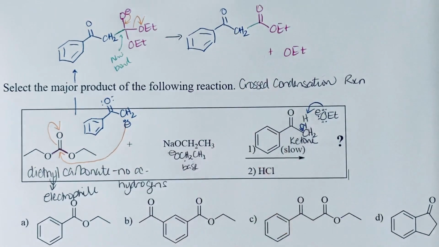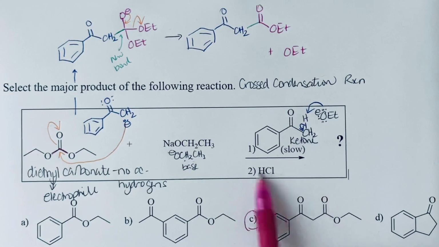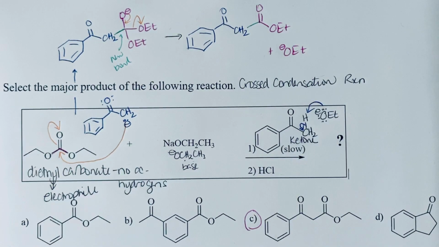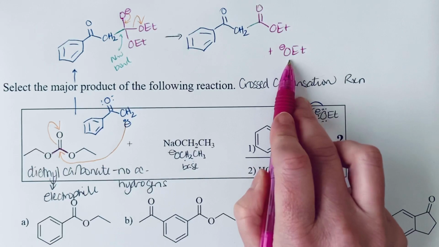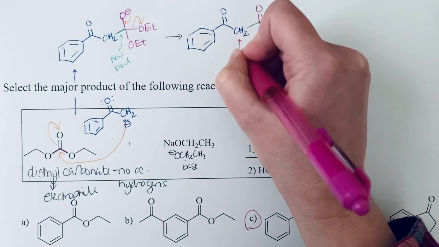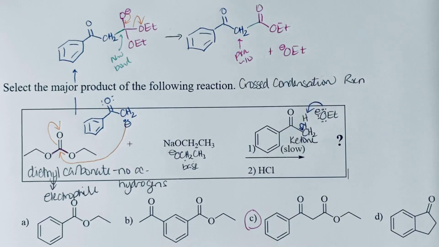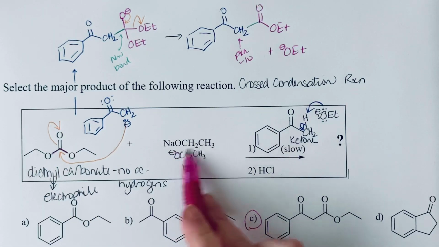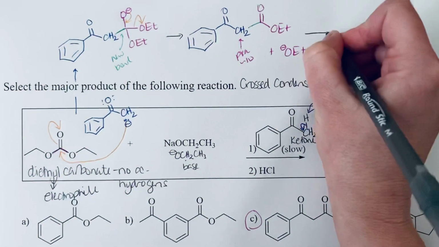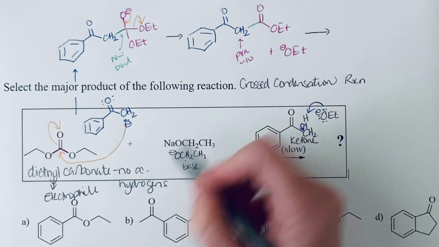And this is going to be the overall product of this reaction, so hopefully we can recognize this down here as option C. But to explain why we need this acid workup, this ethoxide that we form here is a base. And so being a base, it'll react with any acidic hydrogen atoms. And these hydrogens that are in between the two carbonyls have a pKa of approximately 10. And if you're looking at the conjugate acid of your ethoxide, you're looking at ethanol with a pKa somewhere closer to 16. So what that means is this base is going to remove that proton, whether you want it to or not. So that is what's going to happen in the next step, is that this ethoxide can remove one of those two